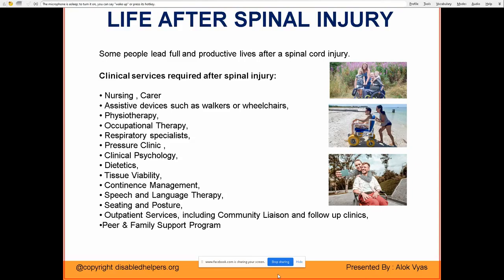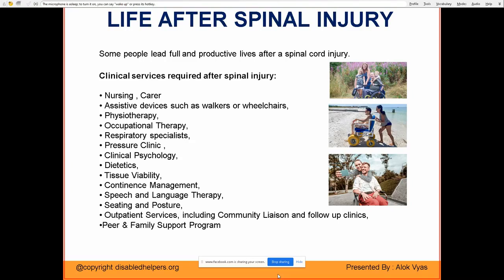Coming to the next section, skin management. Under skin management come all the things which can cause any mark or any sore on your body. So try to avoid any of those things which can harm your body, because you can't feel them. Let's say, for example, on your wheelchair there is a key. You forgot to take the key out of the wheelchair and you sit on it. You won't realize that there is a key under you, but after some time, when you come out of the chair, you will find that the key has made a big sore on your skin,